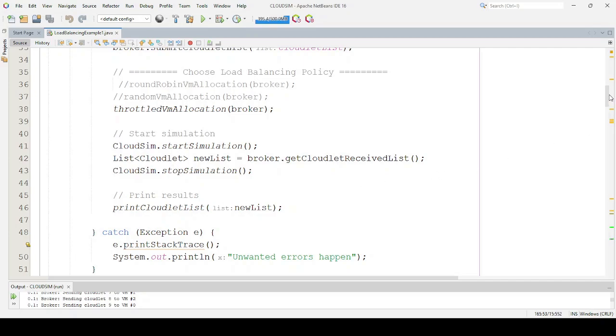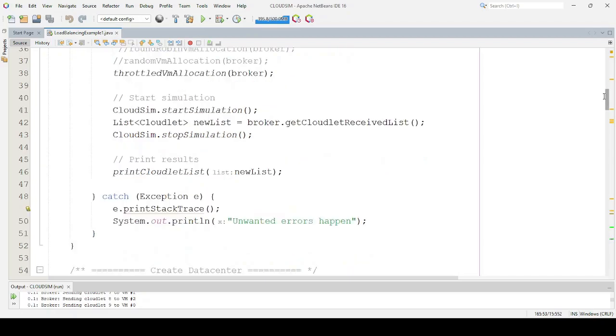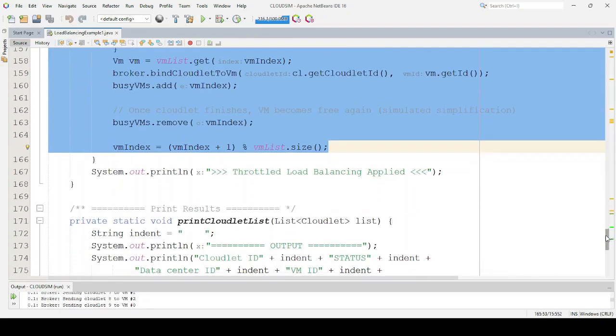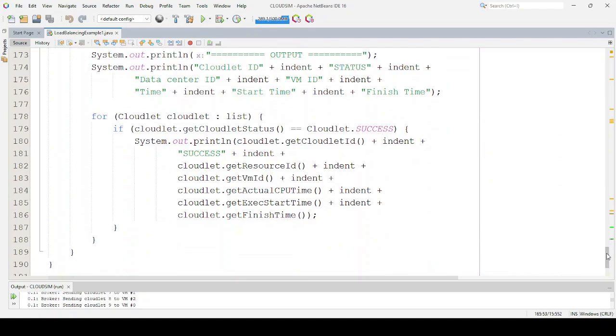From the printed results, we can see the cloudlet ID, the status, the data center ID, the virtual machine ID, and the actual CPU time, execution start time, as well as the finish time. So these are the features we can note upon receiving the cloudlet details in the simulation part. So once executing this code,